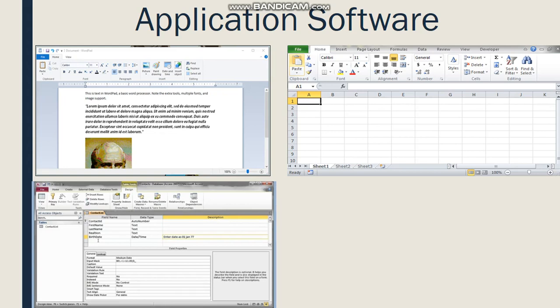So you can do all these functions on the database. The examples are MS Access, DBMS, Fox Pro, Oracle, etc. So these are some of the databases where you can store different types of information and you can fetch that information whenever you need.